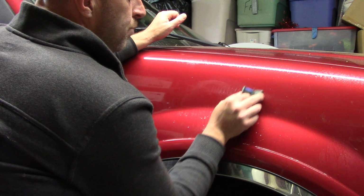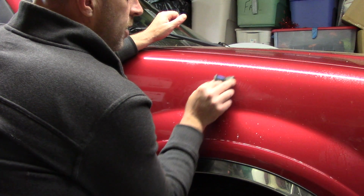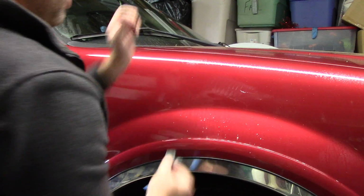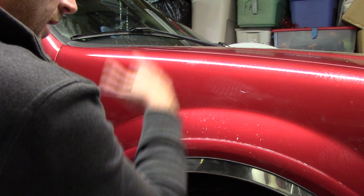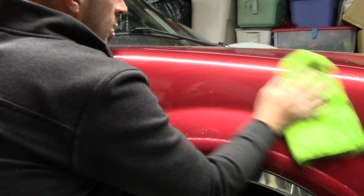Boy, how much have I abraded the paint? Because trust me, I have. 2000 grit is taking clear coat away from this paint. It's not the end of the world. Okay, so I've scratched my way a little bit there. How many times? 10, 15 times? Who knows? And then I'm just going to lightly go over the scratch,